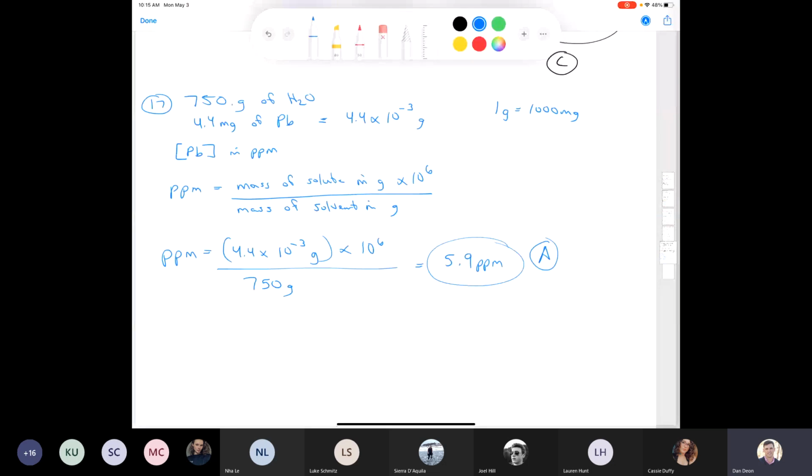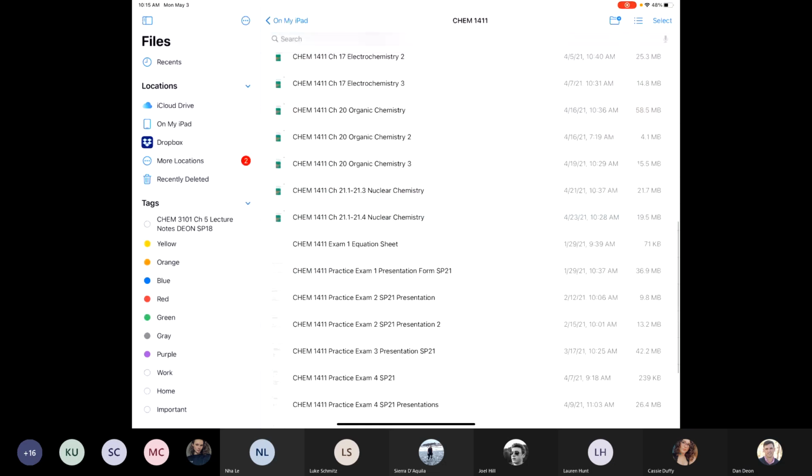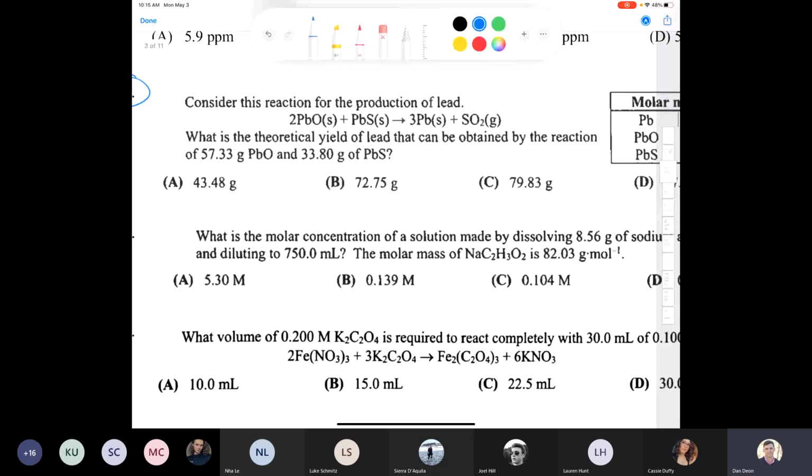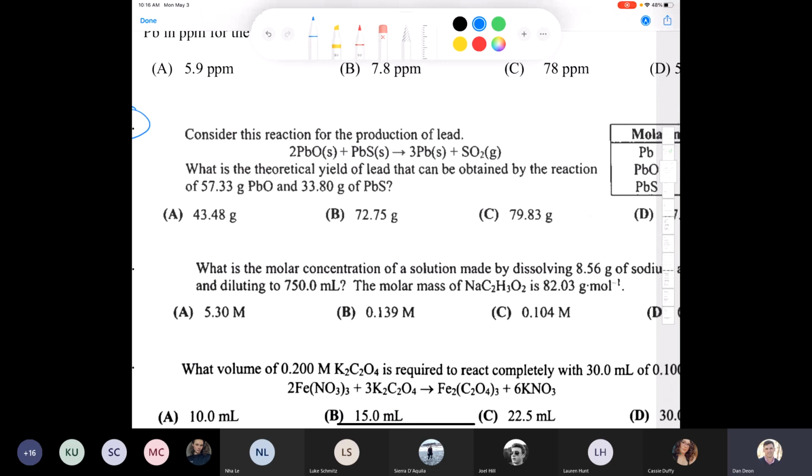Let's get back to another problem that deals with stoichiometry. Right now, we're on question number 18 in the practice exam. It says, consider this reaction of lead. You have 2 moles of lead(II) oxide plus 1 mole of lead(II) sulfide produces 3 moles of lead and sulfur dioxide gas. What's the theoretical yield that can be attained by the reaction of 57.33